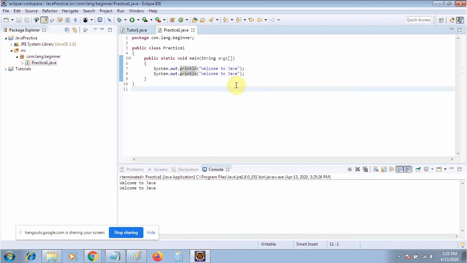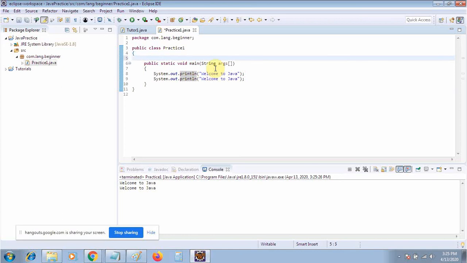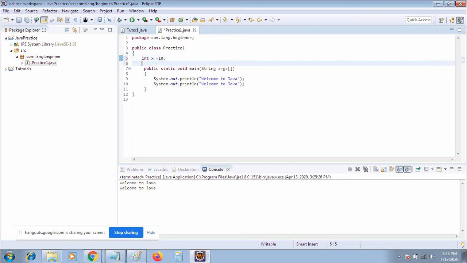Okay, now let's move on to other things, like the boolean operator that we will use a lot in our coding. Suppose there is an integer, and I say x is equal to 10, and also y is equal to 20.